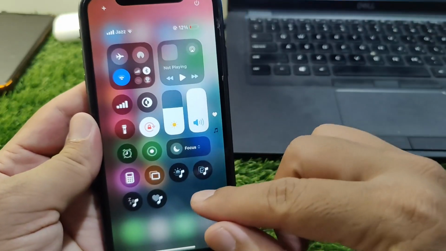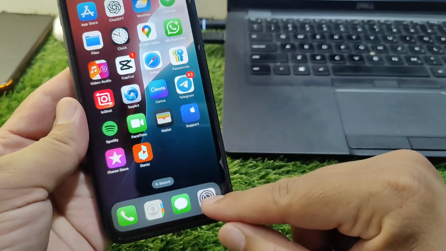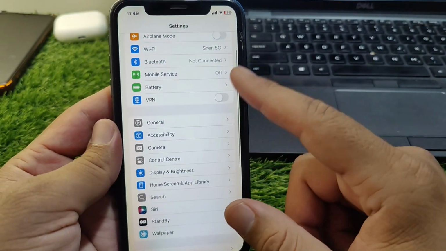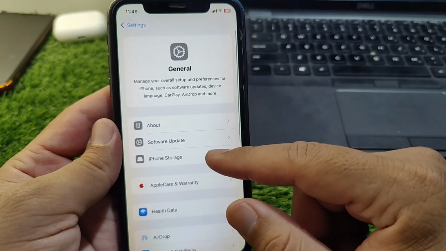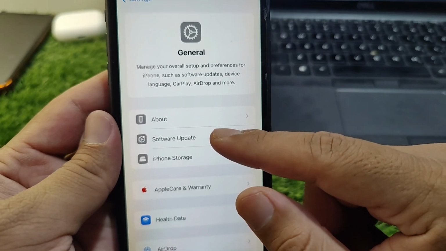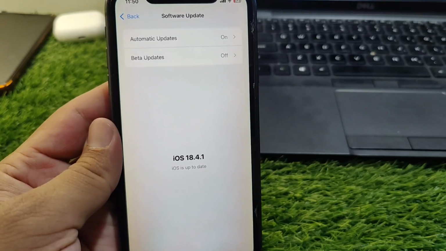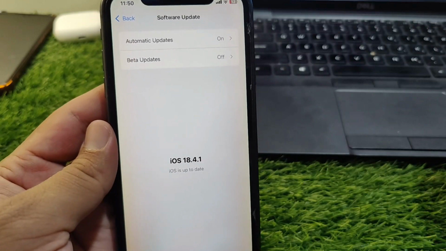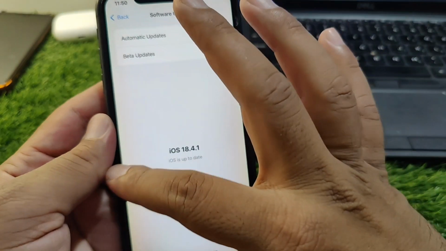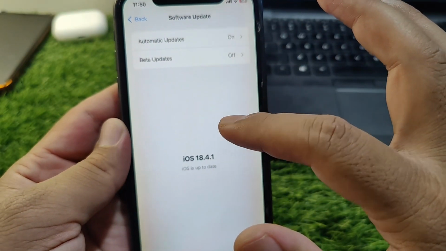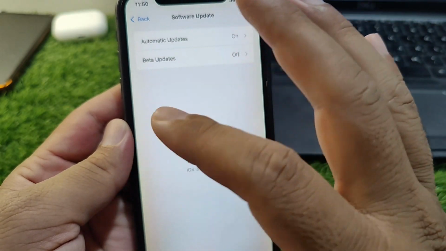And if the problem is still there, then you have to simply go back and then open settings, and from here go to general section, and then you have to tap on software update, and from here you have to simply make sure that you are using the updated version on your device. So guys, if there is any update available for you, simply update it, and after this go back,